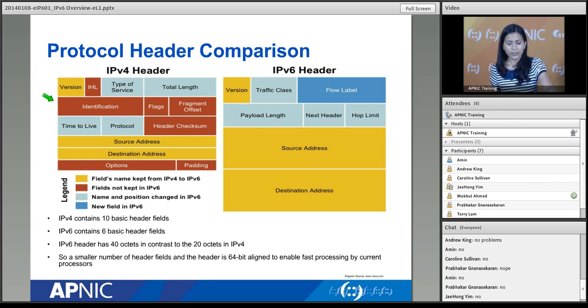You can see that there's a bit of a change from the IPv4 header to IPv6. IPv6 is a little bigger. It's not to scale, but you can notice that some of the fields there are bigger, of course. But you can also see that some of them have been removed. So there you have a simpler IPv6 header. So let's look at this. There's a color coding scheme here. The ones that are in yellow, I'm not sure if you can see it as yellow from your end, something like a bit of orange as well.